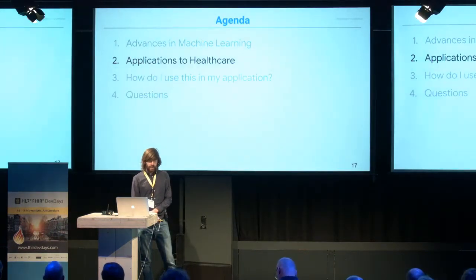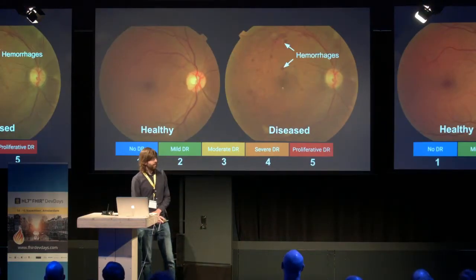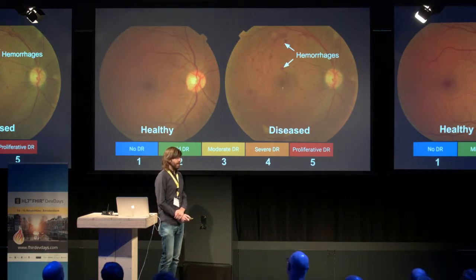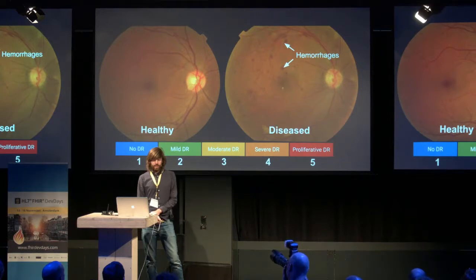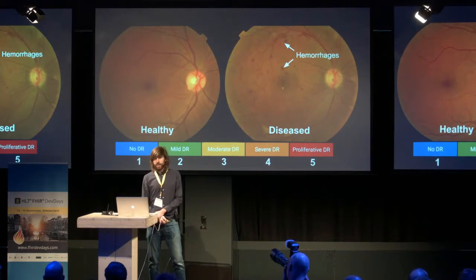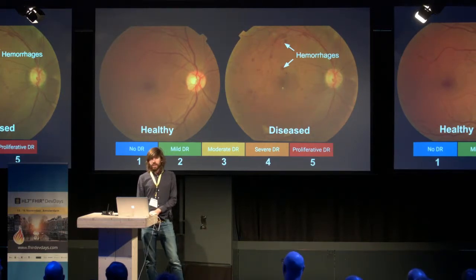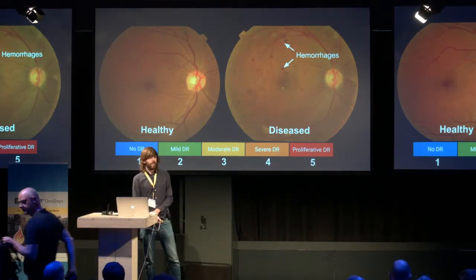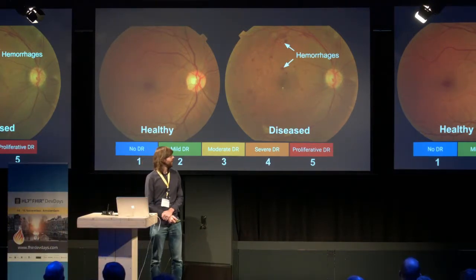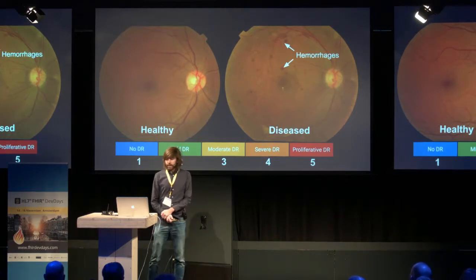All right, so how does this all help us in terms of healthcare? Fairly naturally, some of the first applications, even in healthcare, have been image related. This is the work of one of our sister teams at Google, who've looked at diabetic retinopathy. Diabetes obviously is a very common condition, and one of the most common side effects, especially in the developing world, of diabetes, if it's untreated, is blindness. And so what people do for this is